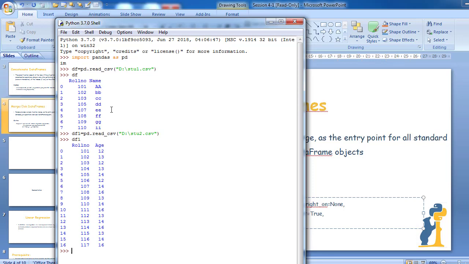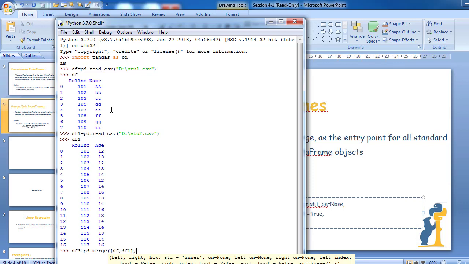Now I want to merge these two data frames. So tf3 is equal to pd dot merge of tf comma tf1.